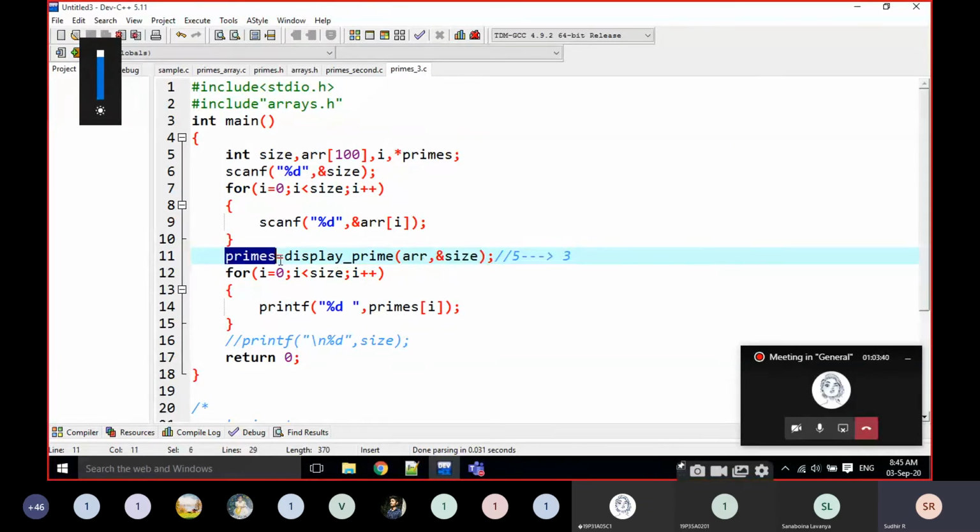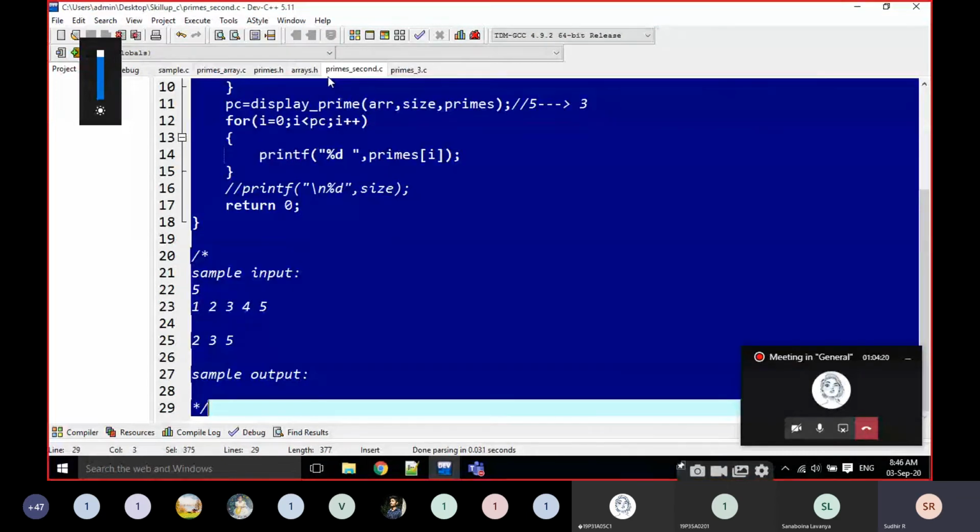And the result is also coming from the function definition. It is returning the values. That means what is prime here? Prime is the pointer. What type of pointer is it? Integer pointer. An integer pointer holds an integer's address. That means the function is going to return the address. That is going to return the address.